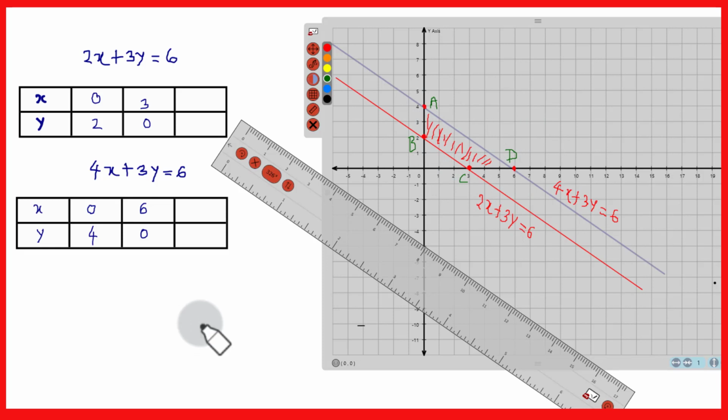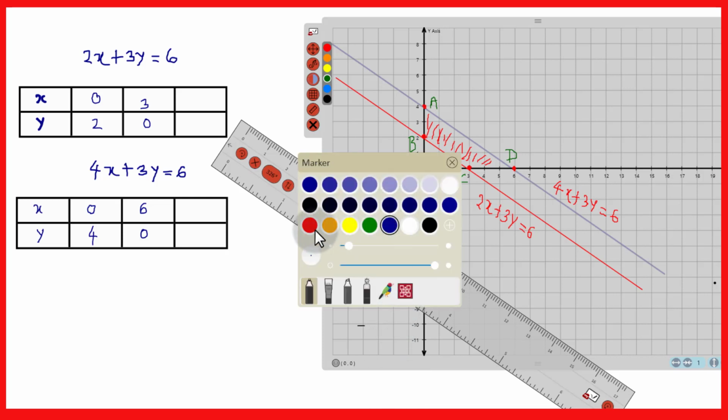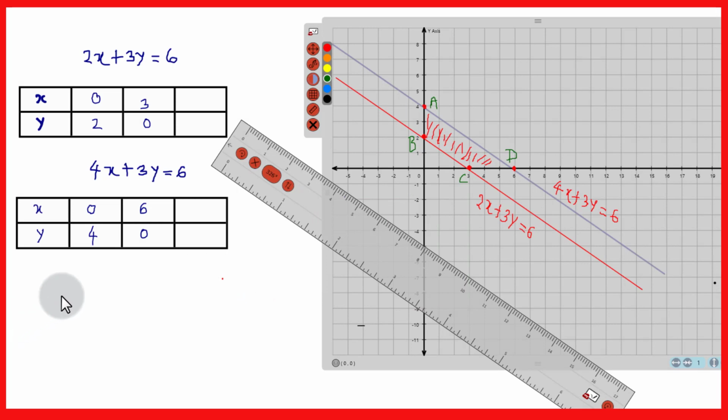So this is the simple way you can draw the graphs of the given equations, and it is also said to solve it graphically. To solve it graphically, you see that these 2 lines are parallel, and since these 2 lines are parallel, it will have no solution, correct? So the equation has no solution. Finally, you have to write the answer that the given equations have no solution since the lines are parallel.